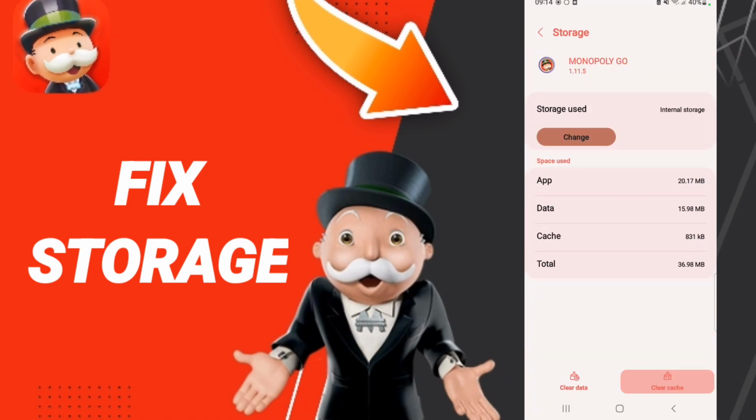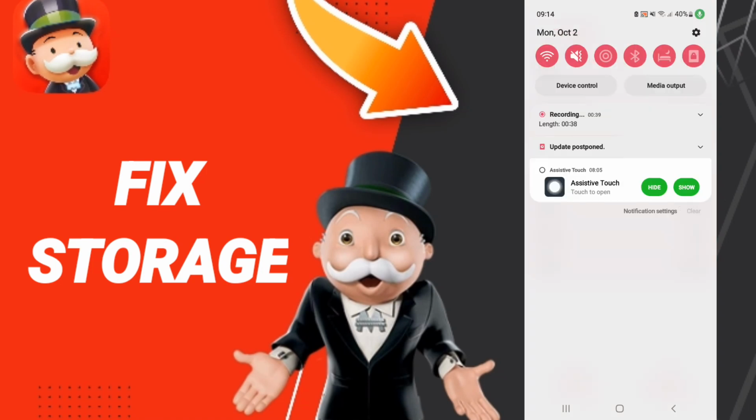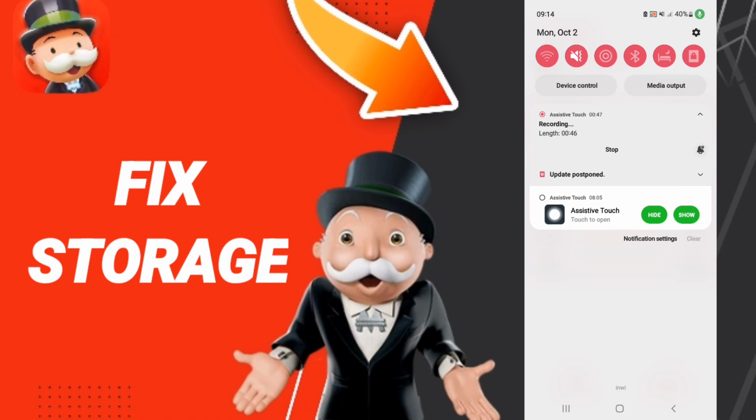Then we click clear cache, and in the end you can go to your Wi-Fi and turn off your Wi-Fi. You will wait 3 seconds and you can turn on your Wi-Fi again to fix that problem you have